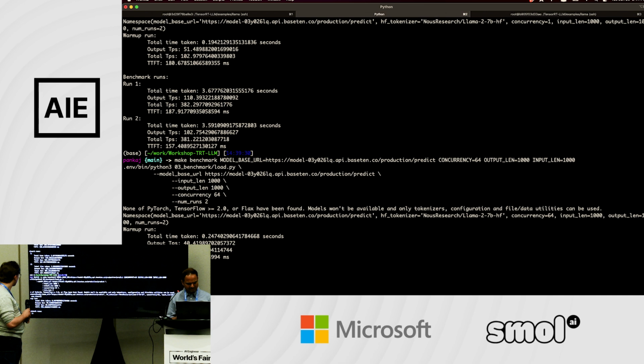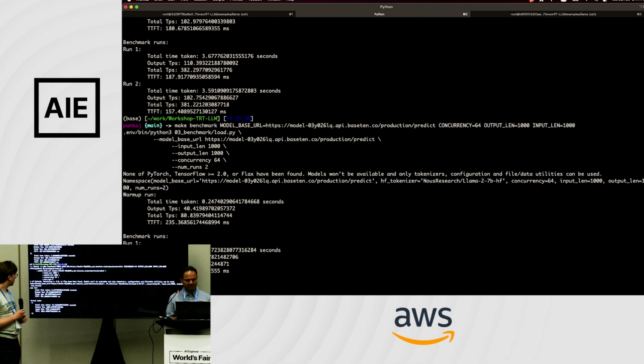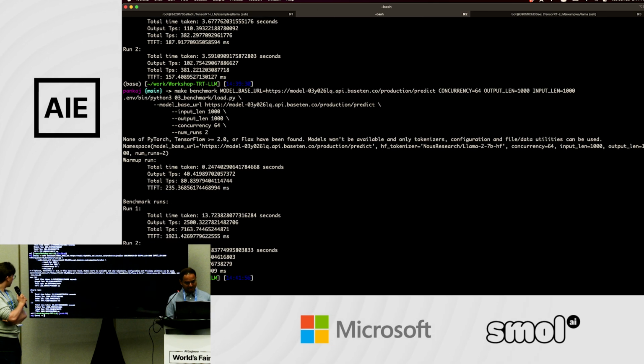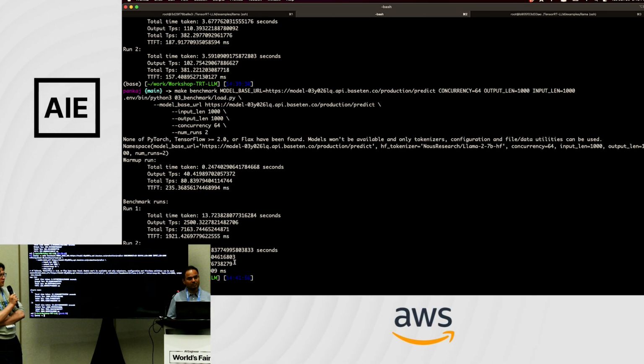So ignore the warm-up run. And this is going to take a bit longer because now we're going to send 64 requests at the same time. 64 is not that high. We can go even higher. So in this case, you see total TPS of 7,000, which is even higher than before. We saw 5,000 before. This goes up to 7,000. But maybe this is a fluke. Let's wait for the second run. This is also 7,000. So this is much better than what we saw before.